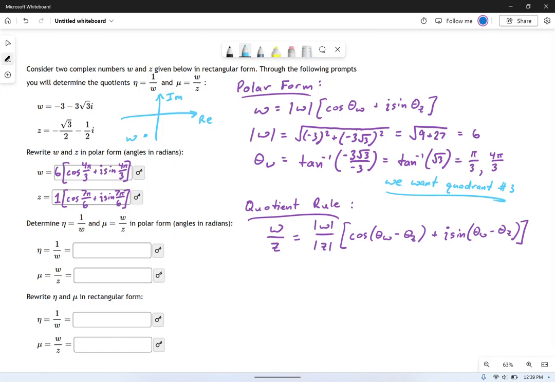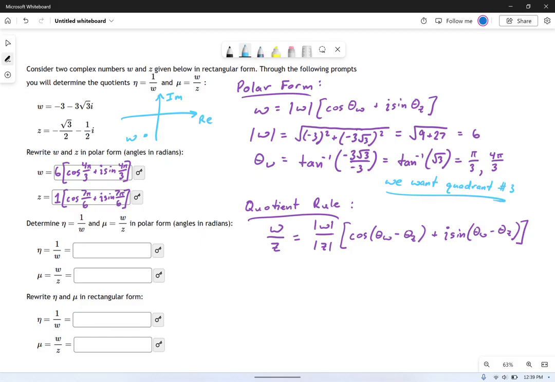We have some division to do of complex numbers. And when you have to do this sort of thing, it's much easier to work in polar coordinates instead of rectangular coordinates. So that's what I'm showing right here. First, you have to convert your rectangular coordinate complex numbers into polar form. I'm going to assume you're fairly comfortable with that already. If you're not, you should really go back and watch some of the previous videos on this topic.